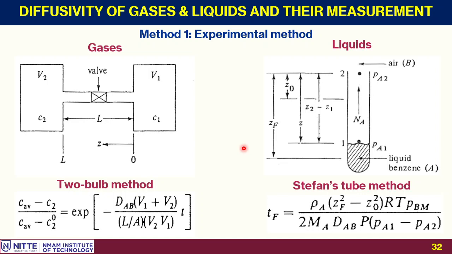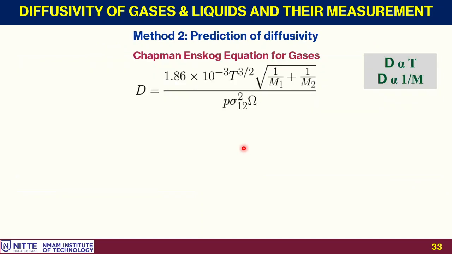So this is the experimental method. It is more accurate because you are using the specific chemical that you are going to use, and the specific conditions of the experiment you are going to use. So this is more accurate than any other method. In the absence of an experimental method, you go for theoretical prediction.